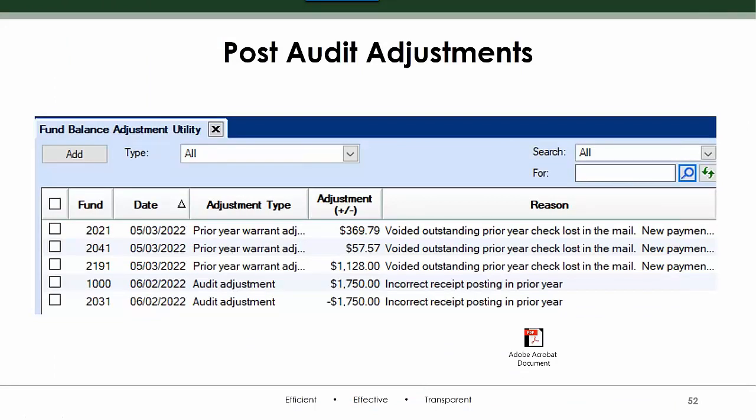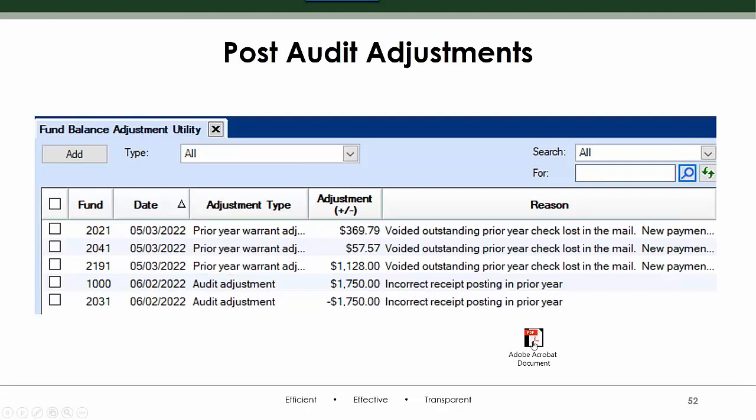I'm getting an amended certificate, so I could email this report to the auditor to prove I did my audit adjustments because I did them dated 6/2. So I didn't want to take the time to do that. You can see they're posted 6/2. So my state auditor is happy. He can close his audit.